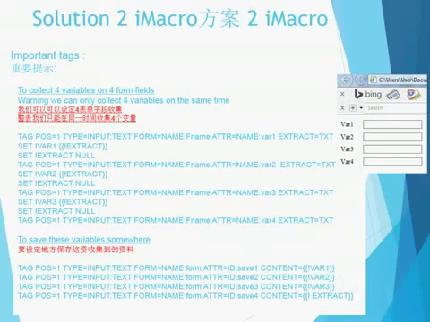The other important tags are those. Those are here to help you to extract information from a field. So when you see extract equal txt, it means I want to extract the information in the field called var1, variable 1, var1, var2, var3, var4. So this means I want to extract the information. And under, to save this variable somewhere, you see the